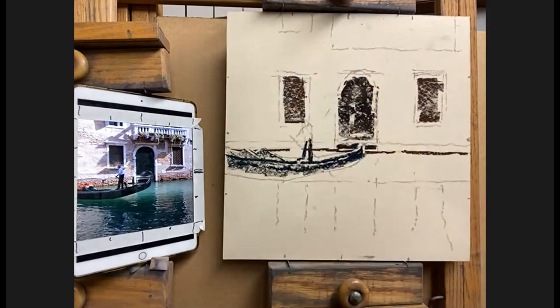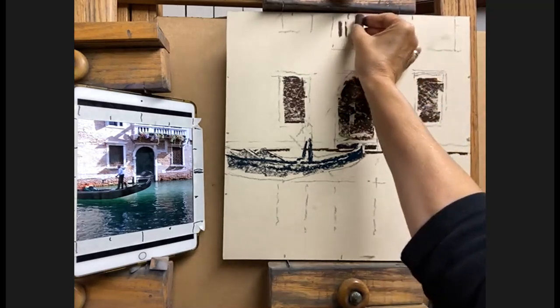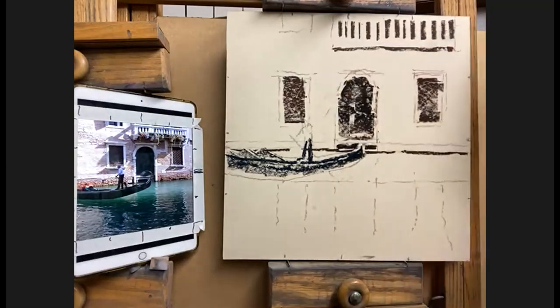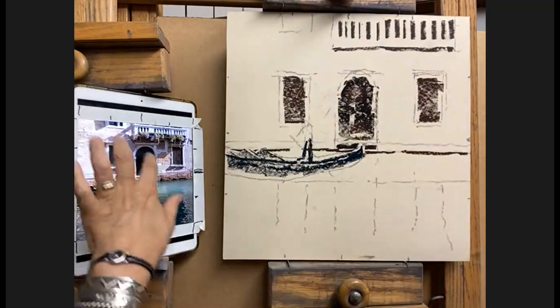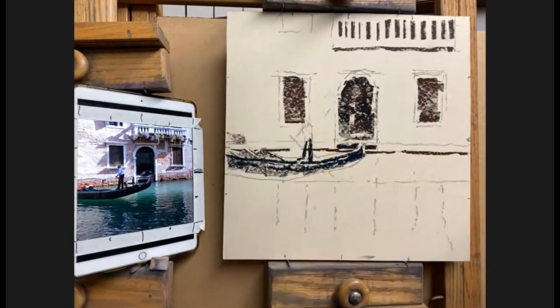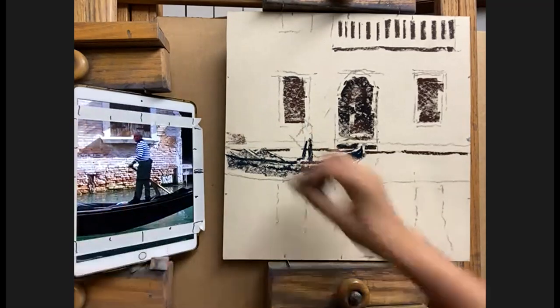Across here, I'm just going to do this. And now I have this underneath here, the shape of the shadow that's coming across. I have to figure out, first of all, what color I want underneath these bricks, and how I want to create these bricks. So I'm going to start with the dark areas. You see that? All the dark areas that are in here, I'm going to throw down